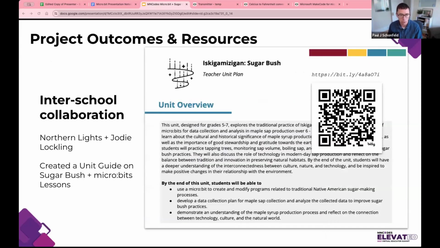Another outcome and resource that came out of this unit was this unit plan and teacher guide. I'll drop the link in the chat again. This is a resource that you can share with whoever you want, anybody that might want to do this lesson. And this more comprehensive unit plan brings in some more context and a list of materials, a day-by-day